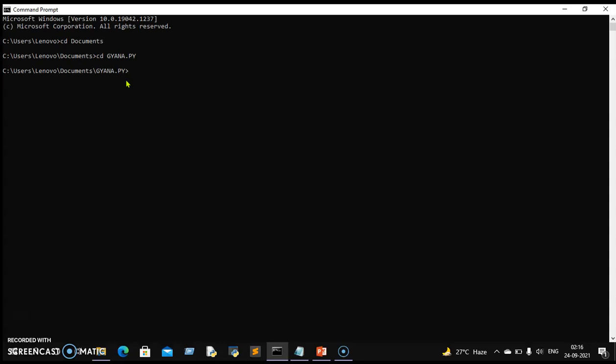Then the second step is to compile the program. For the compilation, simply use the syntax python followed by your file name, gyanoart.py. Okay, everything is okay, and the output is printed.